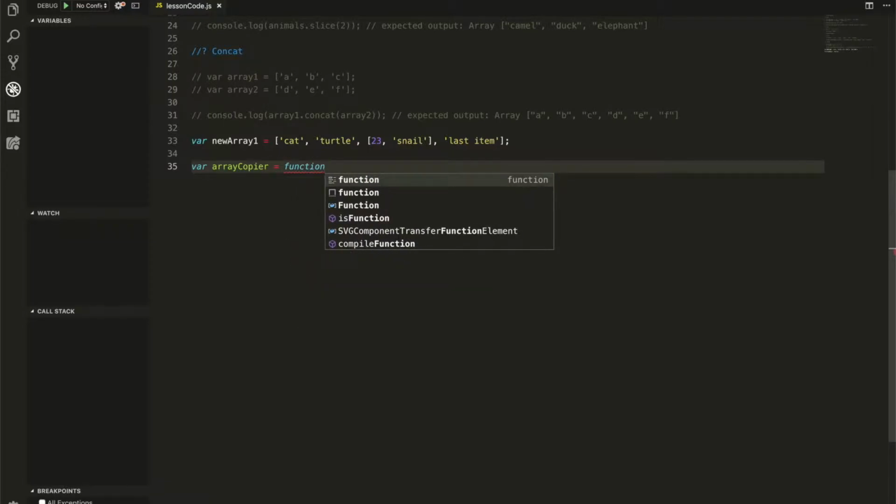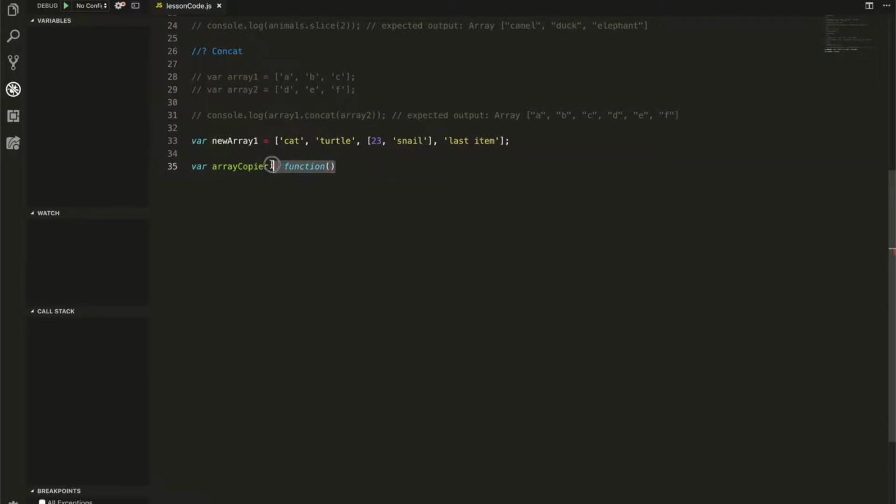All right, and that's going to be a function. And what I expect this function to do is I expect to use it in the following way. I want to be able to pass in an array. For this example, let's say I want to pass in array 1. And then I want to pass in a new item that gets tacked onto the end of the array. Let's say I wanted to say new last item. And when I console log the result of this, what I would expect